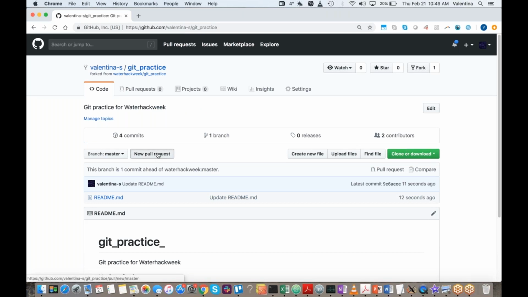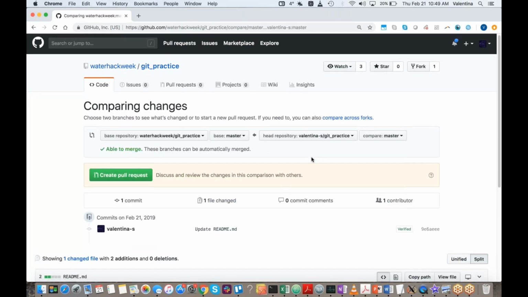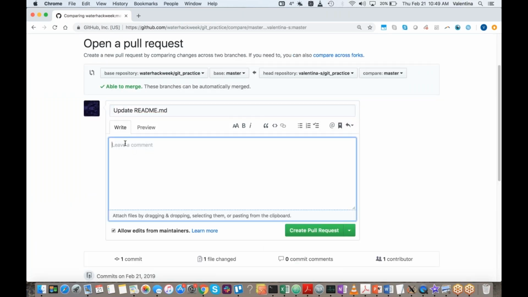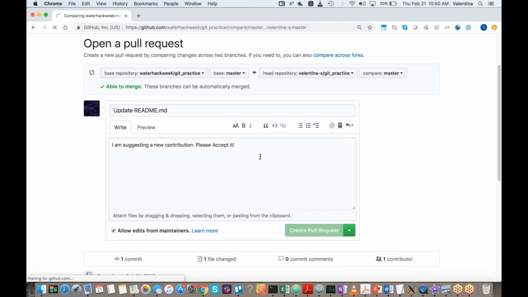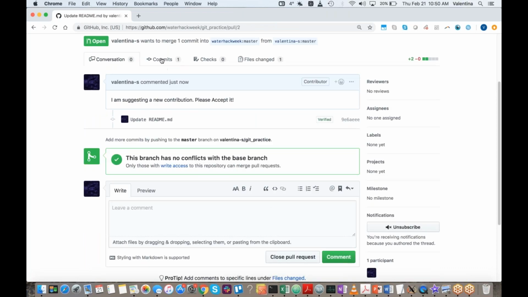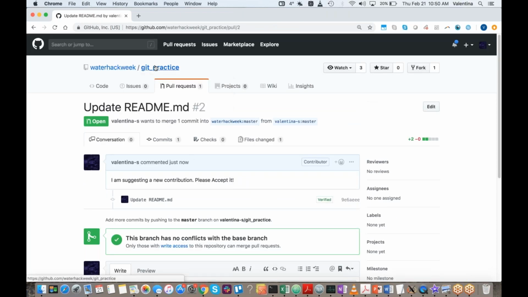And I can use this button, new pull request, to actually ask these people, do you like my change? So basically, I'm suggesting a new contribution. Please accept it. Okay, so I'm going to click on this, and basically the maintainers of this repository can see that there is